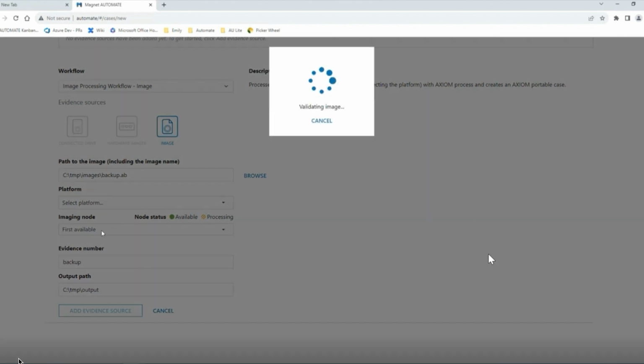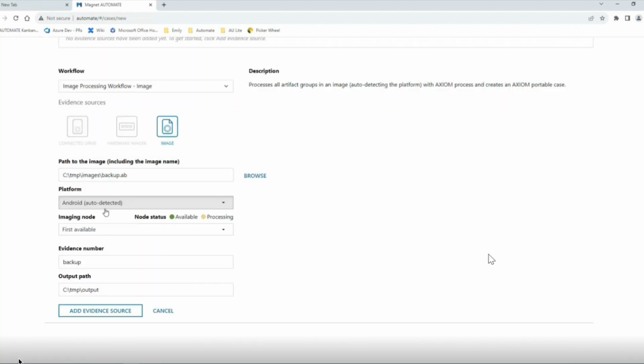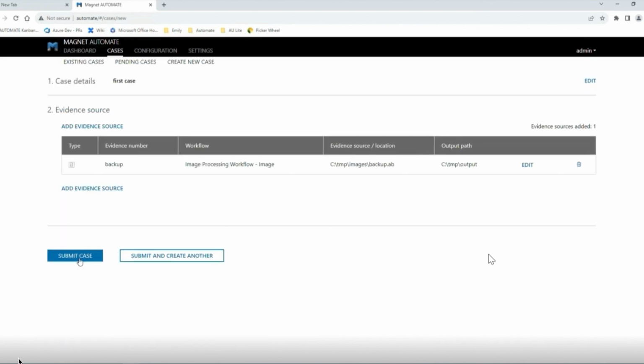As you can see, Automate is auto-detecting the platform as Android, it's auto-selecting the imaging node. I'm going to go ahead and click Add Evidence, and then from here, I can either hit Submit Case and go ahead and start this case and process it now, or if I wanted to essentially stack a queue of cases and evidence to be processed, I could just hit Submit and create a new one. So this would go ahead and allow me to continue adding evidence in as Automate kicks off that first case